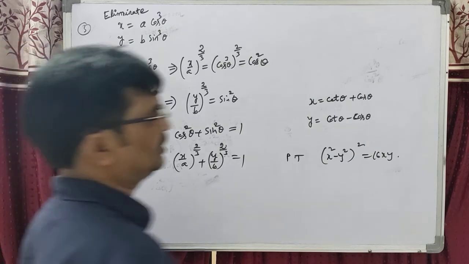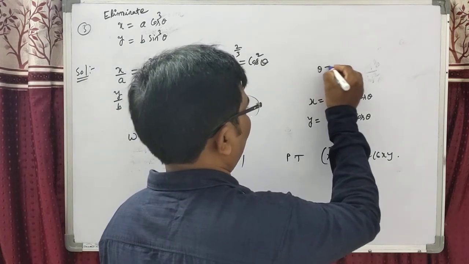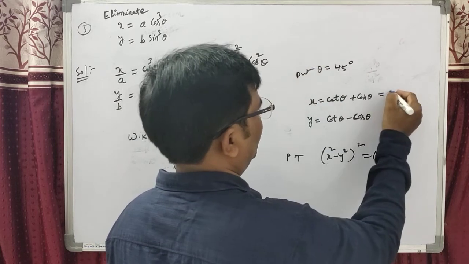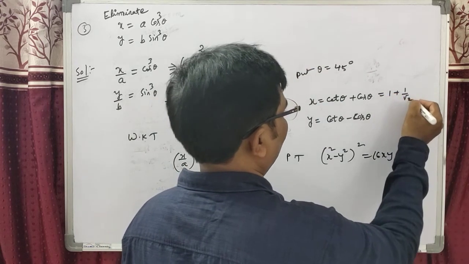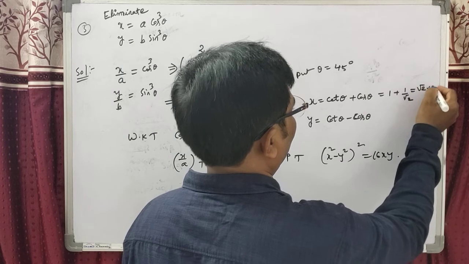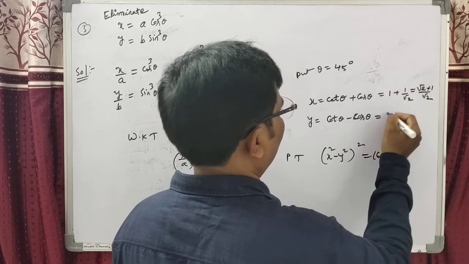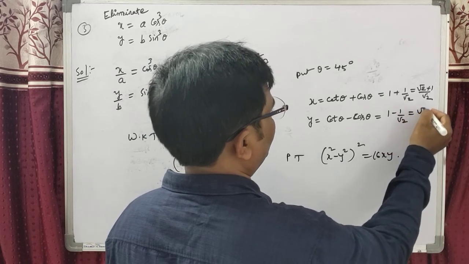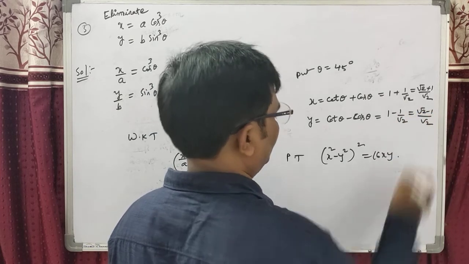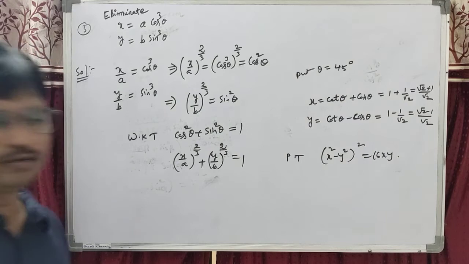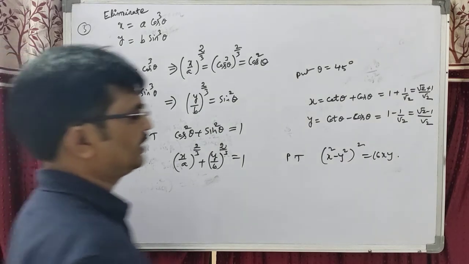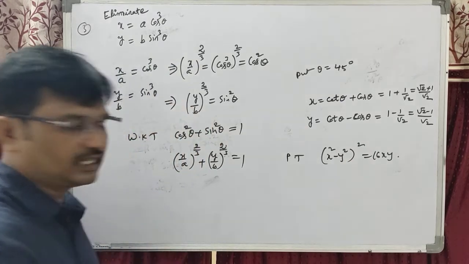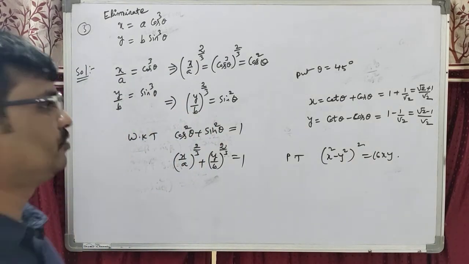That means, students, if you take theta equal to 45 degrees. What is it, students? Cot 45 is 1. This is 1 by root 2. We got root 2 plus 1 by root 2. Similarly, students, what is this one? Minus 1 by root 2. Dear students, this is root 2 minus 1 by root 2. Okay students, now the x square. What is the x square, students? The left hand side is there, x square minus y square whole square is there.